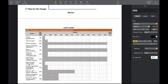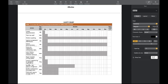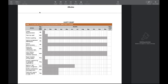we use a Gantt chart showing the actions we're gonna work on and people responsible. Create documentation, it's the documentation policy. Usually I'm the one who's responsible. The nursing director is the one responsible for writing a documentation policy, and we're gonna do it within the first 2 weeks of January. Train the staff,